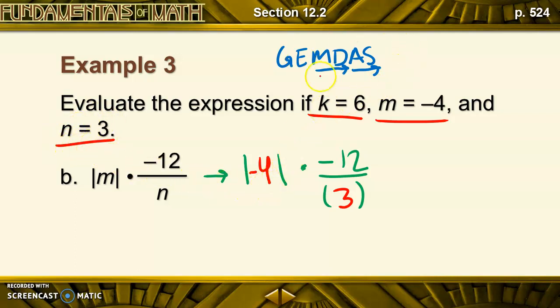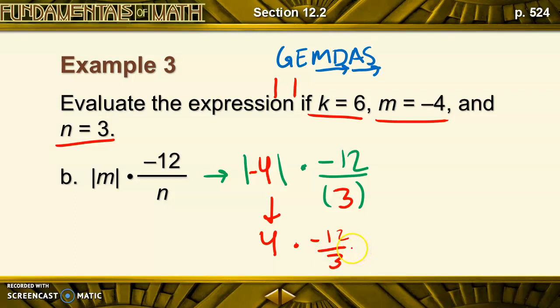Now we're going to go ahead and follow our order of operations. Do we have any grouping symbols? Yeah. Reminder that absolute value is absolutely a grouping symbol. So the absolute value of -4 is just going to be +4, because remember, absolute value is like a machine that turns everything positive. The absolute value of -4 is +4 times -12